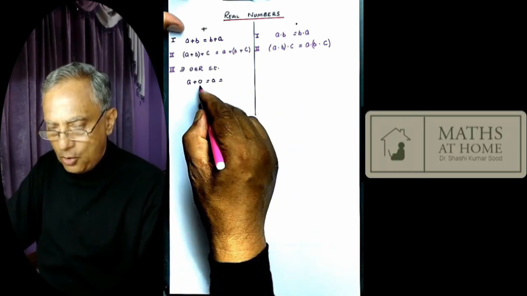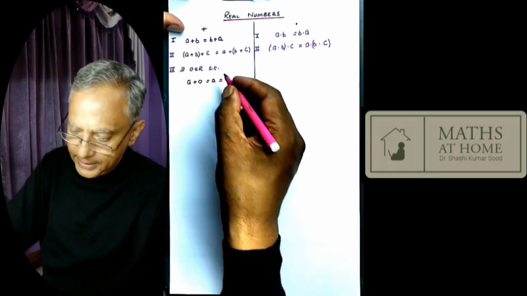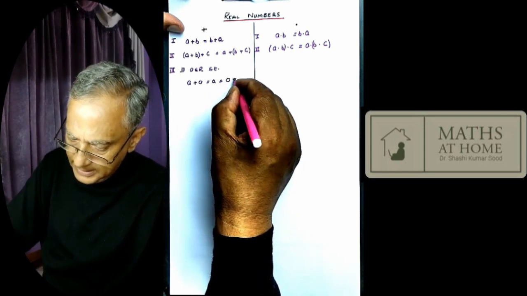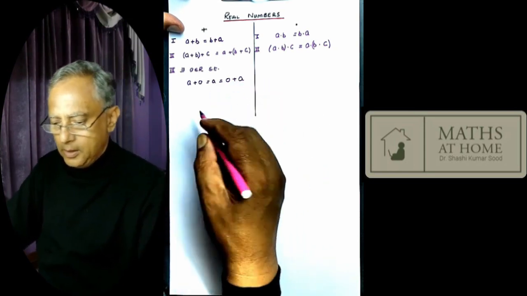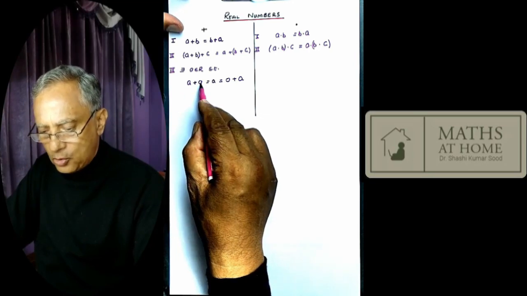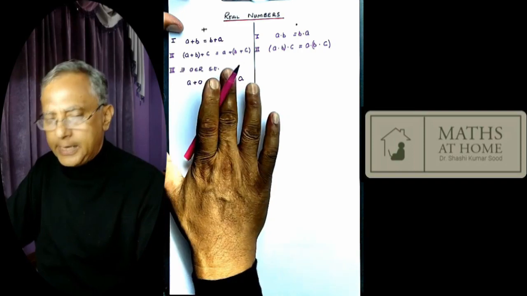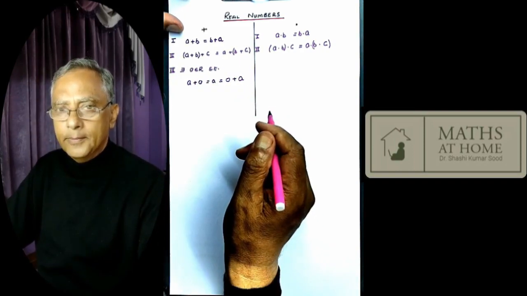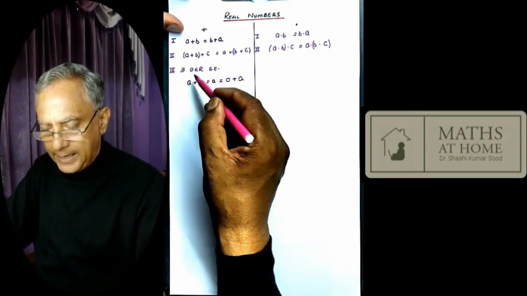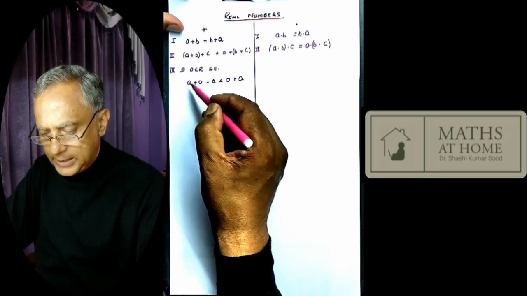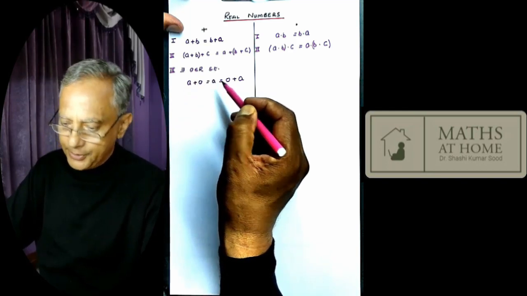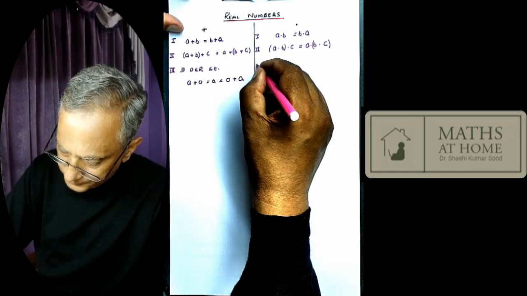A plus 0 is equal to A is equal to 0 plus A. If we add 0 to A from right or from left, the result is A. Identity is that number which when added to this leaves it unchanged. And